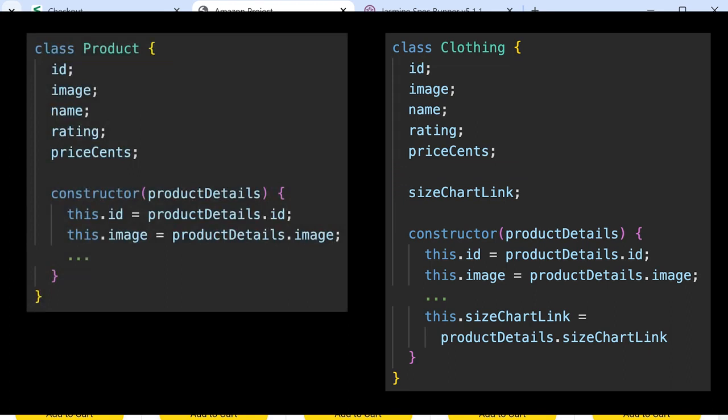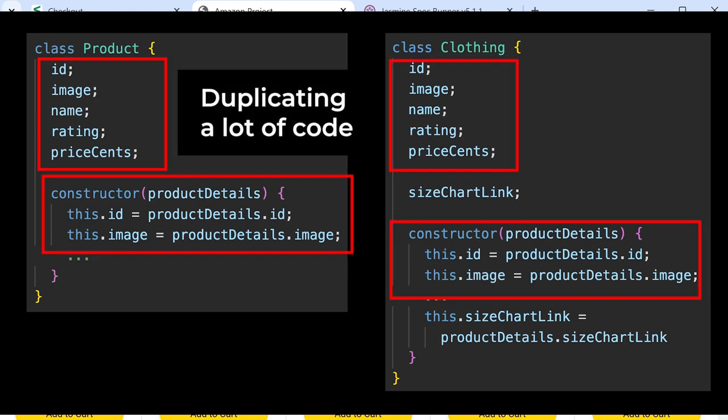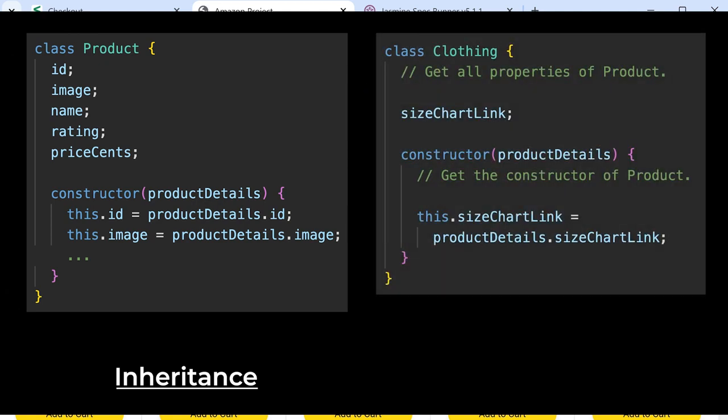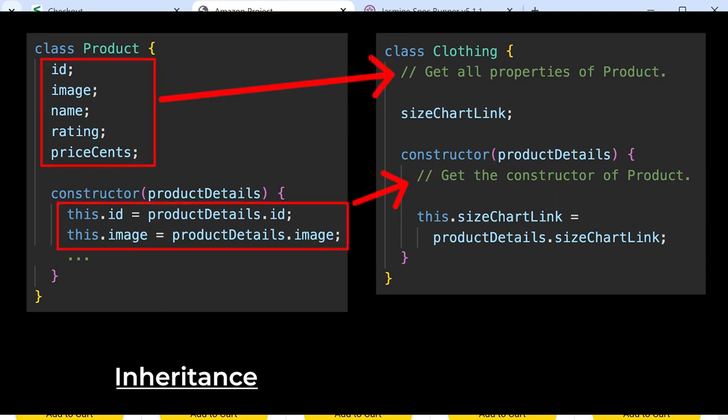However, there's a problem with this, which is we're duplicating a lot of code. Instead, object-oriented programming has a feature called inheritance that allows one class to get all the properties and methods from another class, so we don't have to copy-paste this code. For example, we can make a clothing class and then use inheritance to get all the properties and methods from